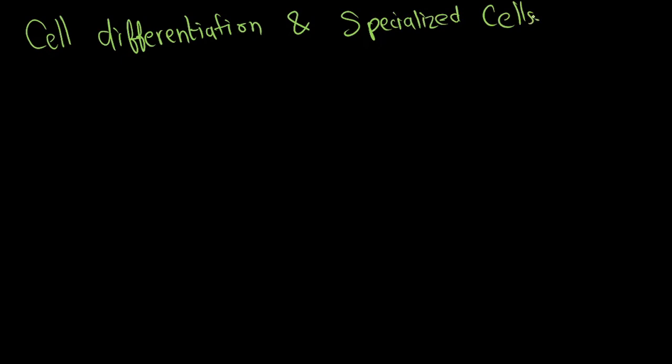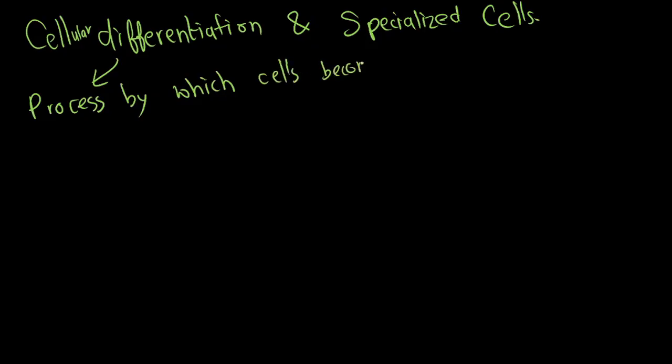Okay, starting off, what really is that? What really is cellular differentiation? It means that it's the process by which a cell or cells become specialized for a particular reason. So what it means by that is like, you know, multicellular organisms,